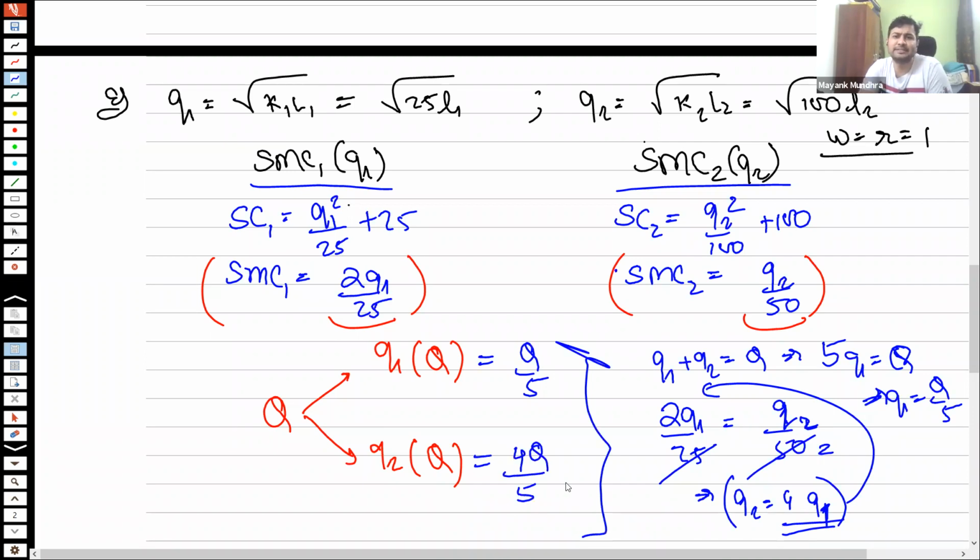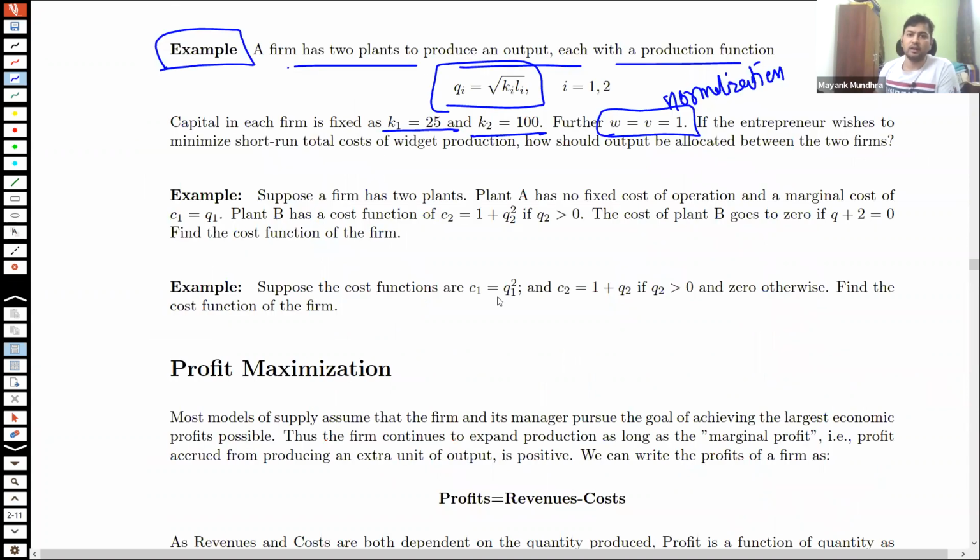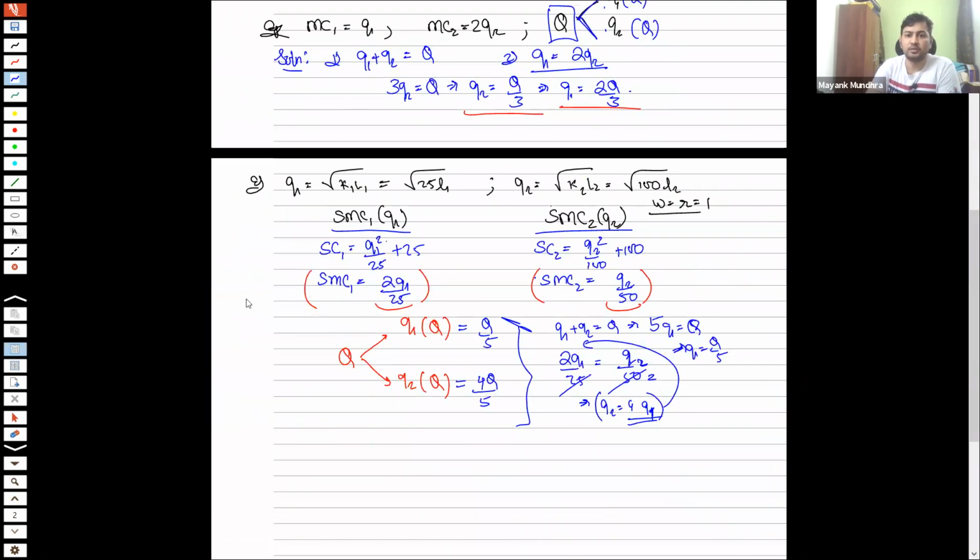Okay, so as far as exams are concerned, this is probably the most difficult thing they would ask you. Obviously not exactly these numbers. The numbers would be different, but we are going to take one level up and do some more complicated examples just to prepare ourselves for those situations. Suppose a firm has two plants. Plant A has no fixed cost of operation and a marginal cost of C1 equals Q1. So the marginal cost of plant 1 is